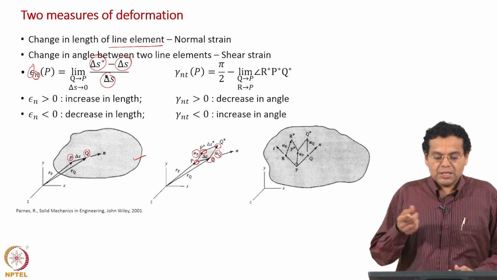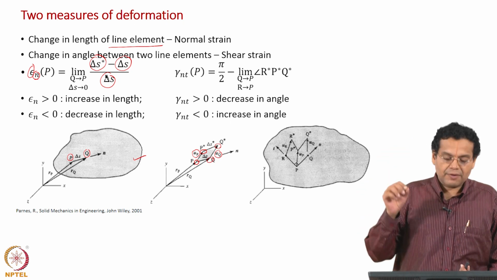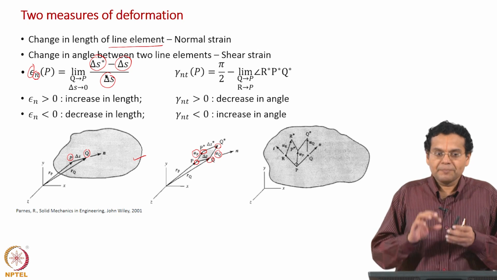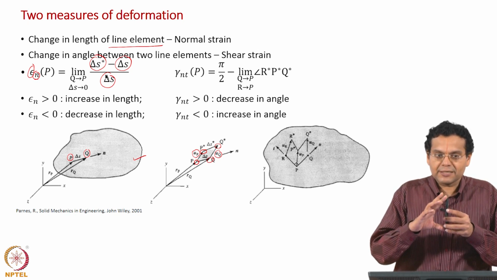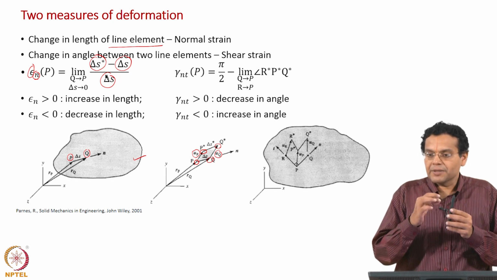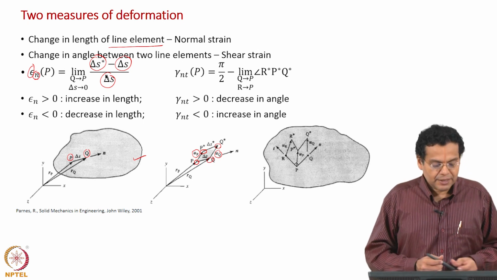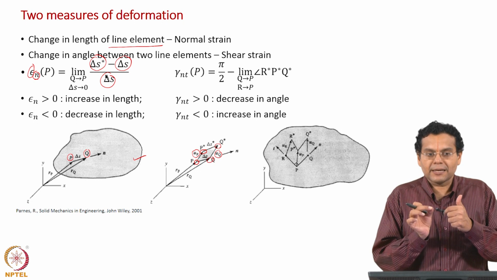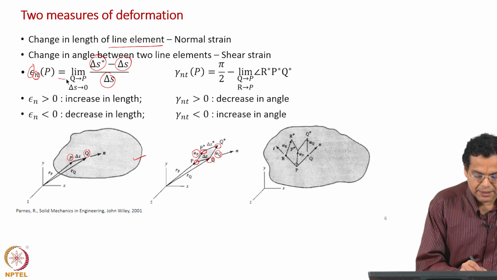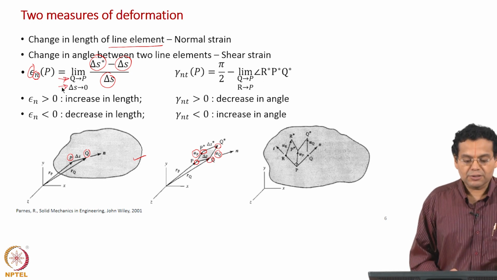But remember, we are going to go back to our linear momentum balance, and all of those are valid at every point. So, we need a point form of strain, is it okay? What you know is the definition of average strain. If there is variation of strain along the length of the rod, then we need a definition of normal strain which is valid at every point. What do we do? Here we took P and Q slightly separated, and make Q tend to P, and that is what this limit means. In the limit of Q tending to P, delta S will tend to 0.